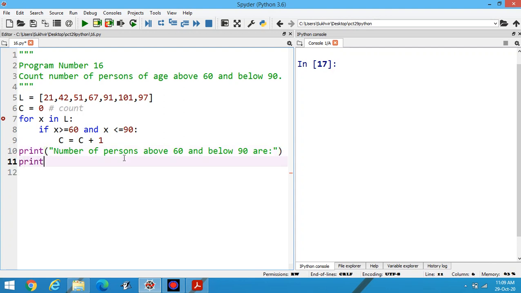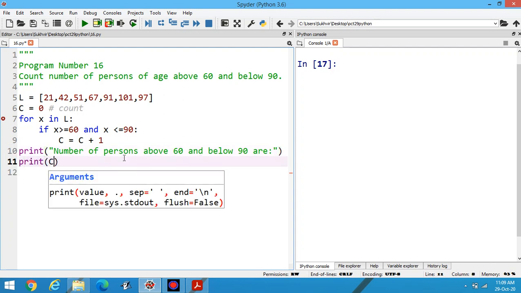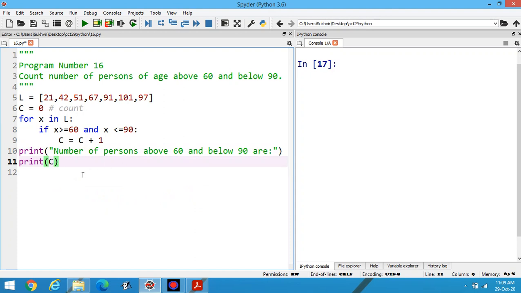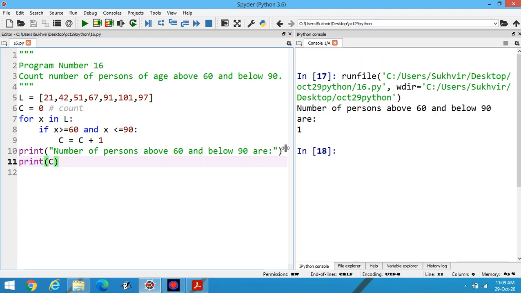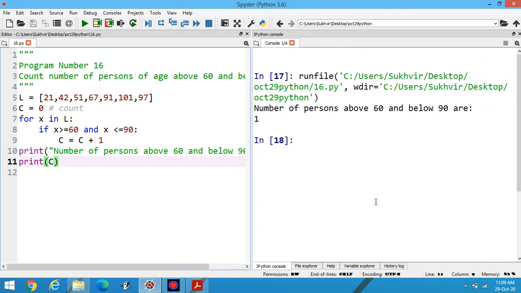Here you can write print C. Now execute the program. Number of persons above 60 and below 90 are 1. Between 60 and 90, only one person is there, that is of the age 67.